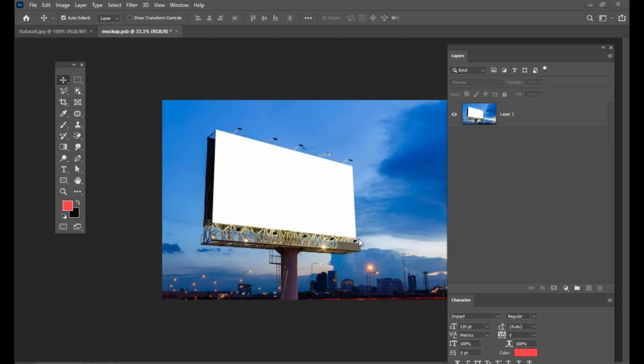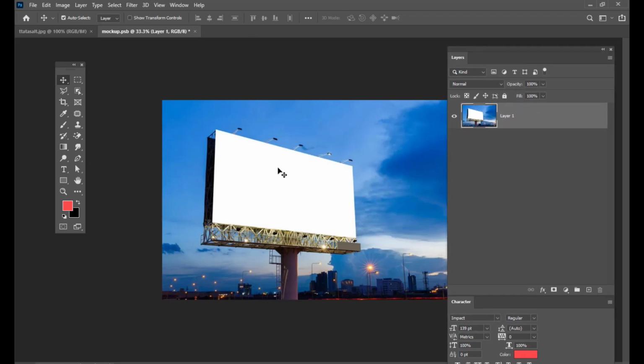We just have to create a mockup. A mockup is a file that can be reused again, a ready-made design that can be modified again. So let us see how we can do it.